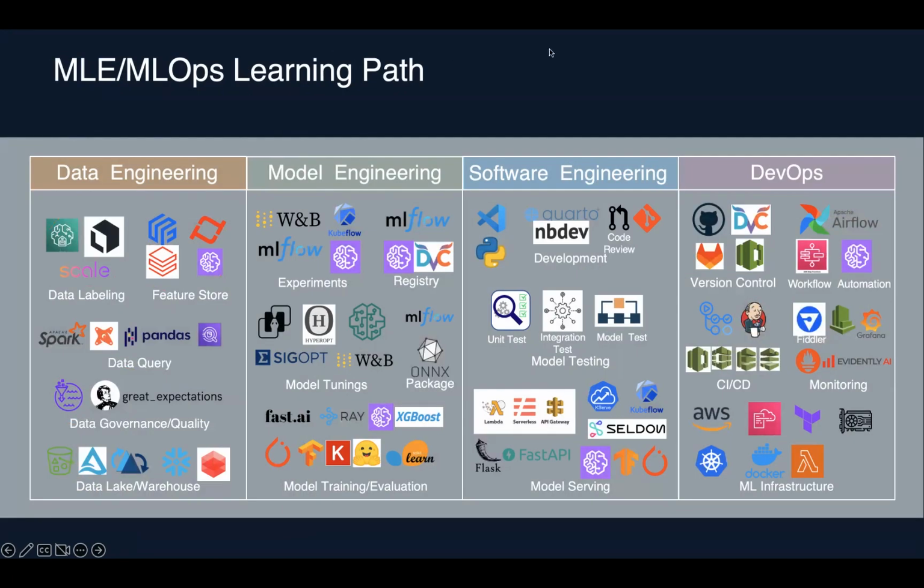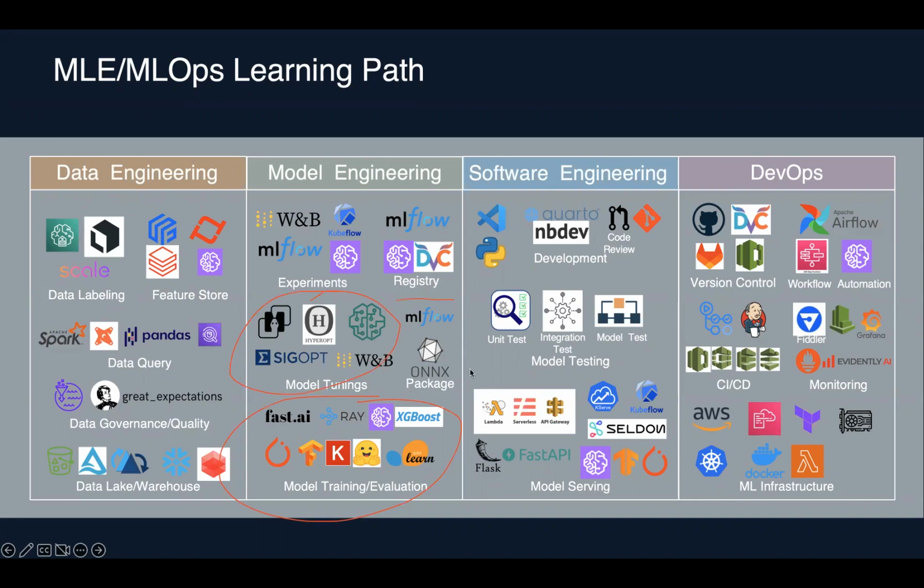And then on the model training and evaluation side, of course, there are many different types of packages and frameworks, right? TensorFlow, Scikit-learn, Keras. Ray is something I highly recommend you look into. It's a much more scalable version of Pandas and Spark, right? It's very exciting technology, actually. They got a lot of funding as well. So look into ray.io. And on the model tuning and training side, there are some hyperparameter tuning services.